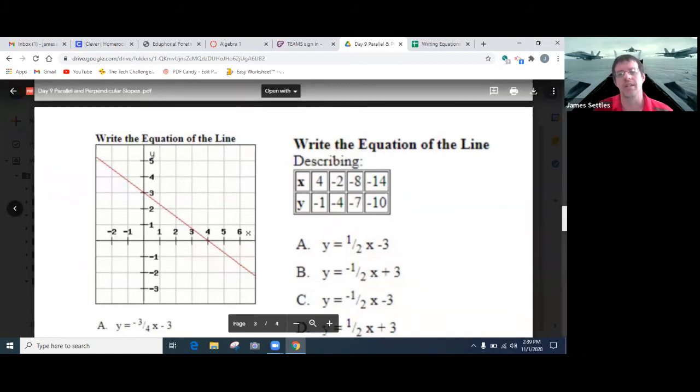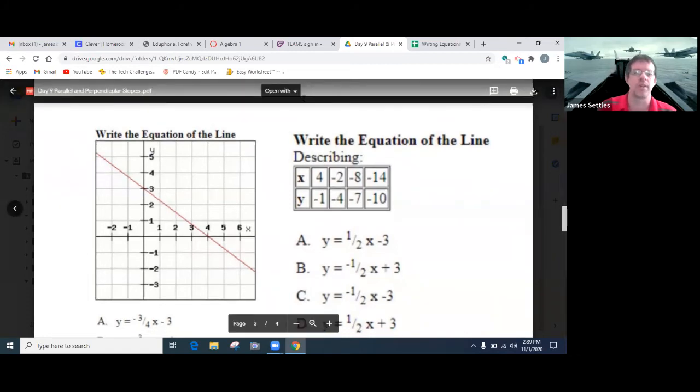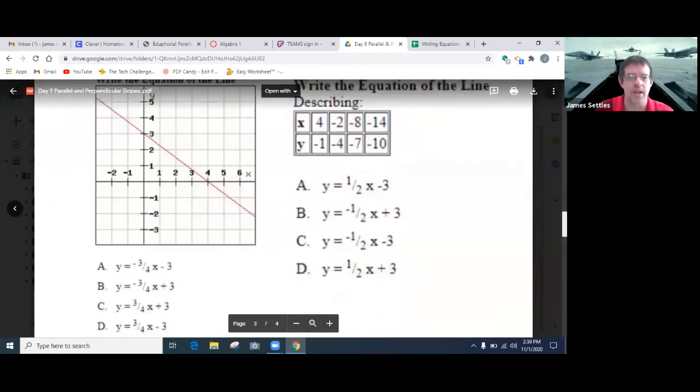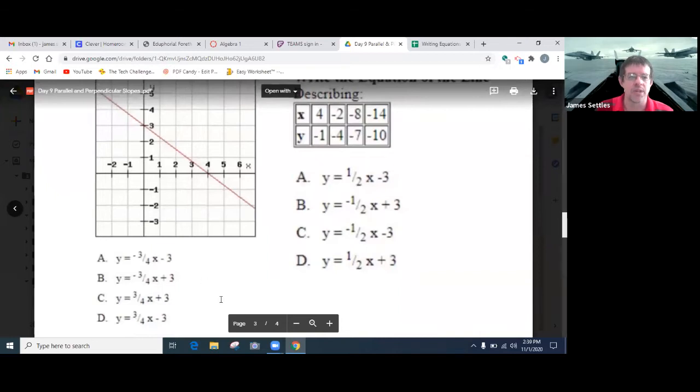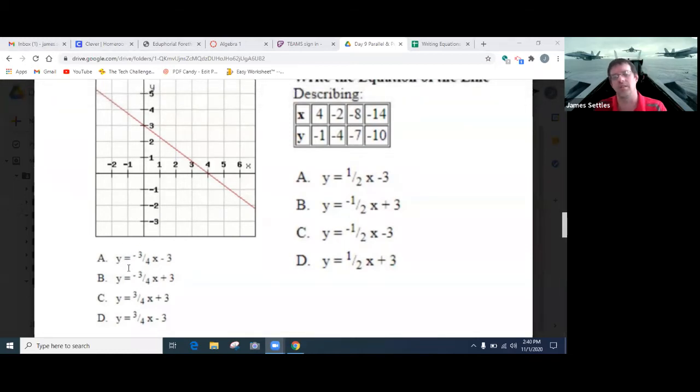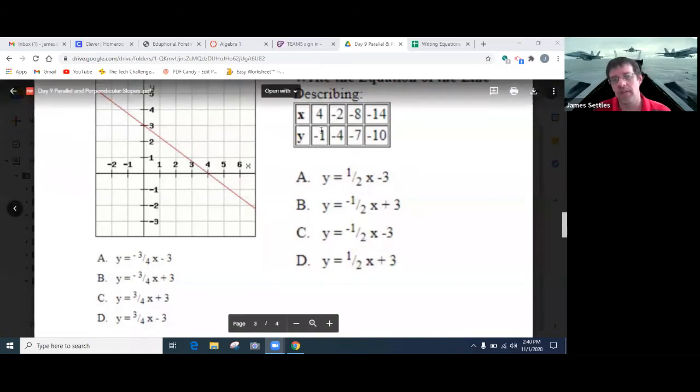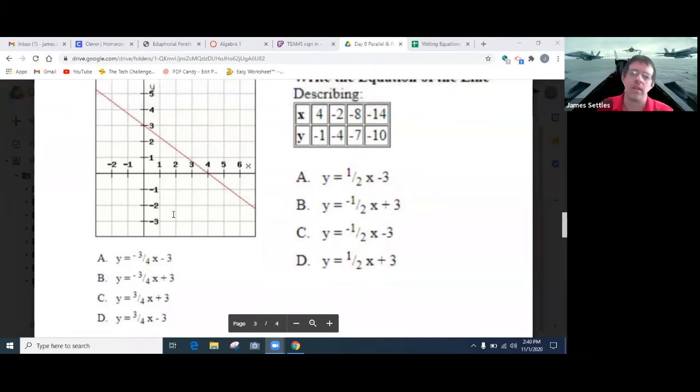But when we take a look at this, first off, we'll start with this graph right here. I know I don't have these numbered, but we'll start with this graph. And so when we take a look at this, you can do a couple of things here. We've talked about anytime that there's y equals, we can plug this into the calculator or in the Desmos in this case. If there's a graph or if there's points or a table, something that we can check, then we can plug y equals into the